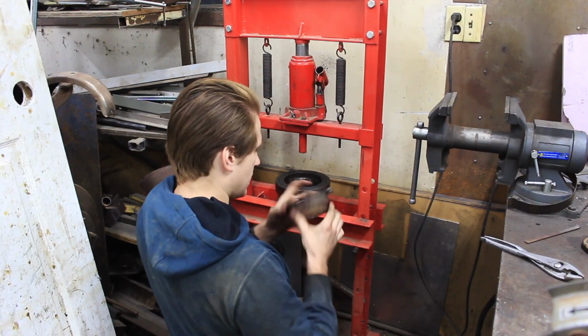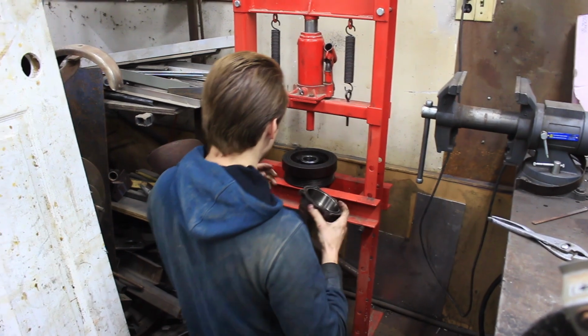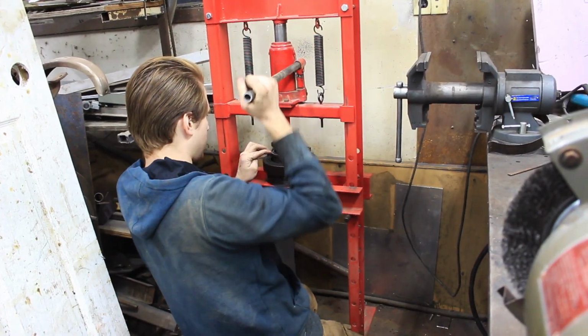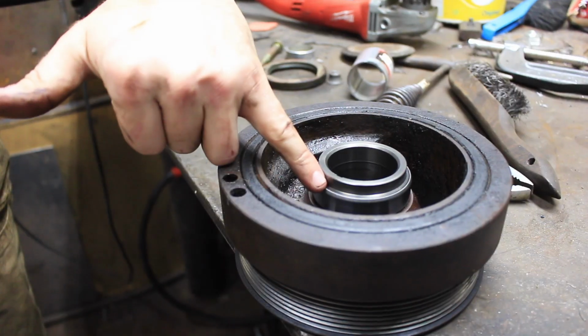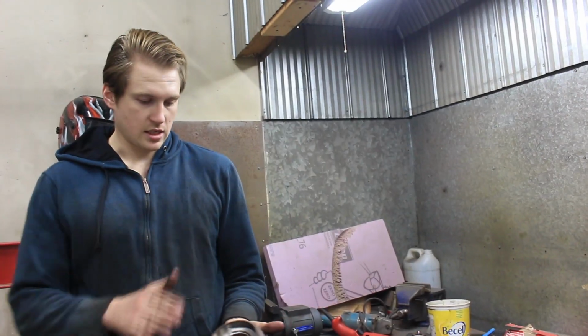If you are using the hydraulic press, go slow, take it off and look to make sure that everything's lining up straight. And so far it seems to be working pretty good. See how it's going on nice and straight and even? We're going to check to see if it's all the way down. Yep, I got this pushed all the way in. So as you can see, it is flush with this next collar where this piece rides on. Next is going to be pushing on